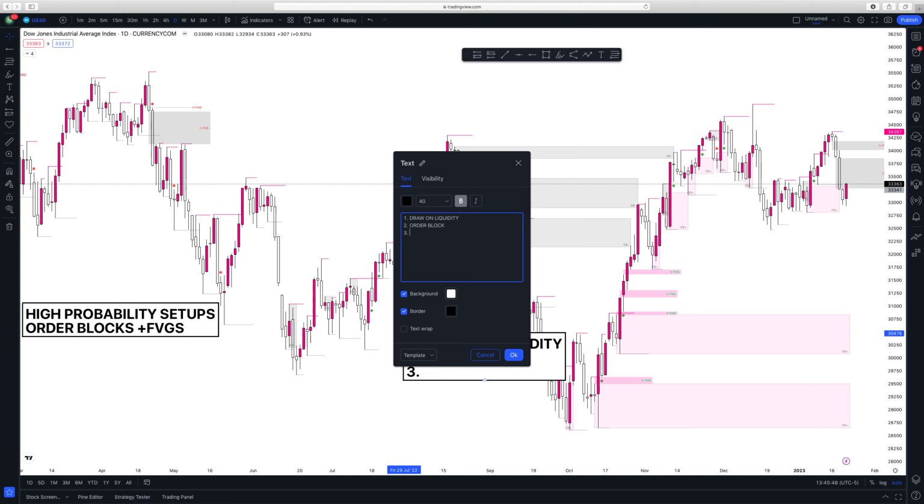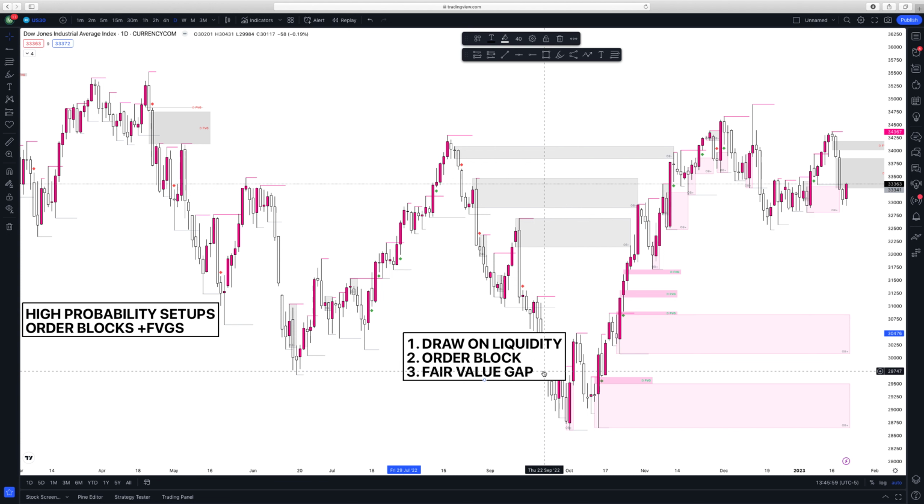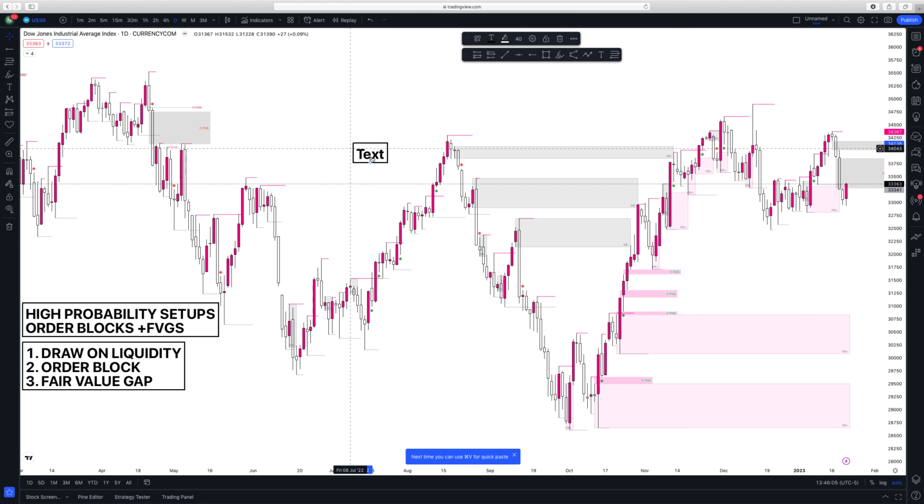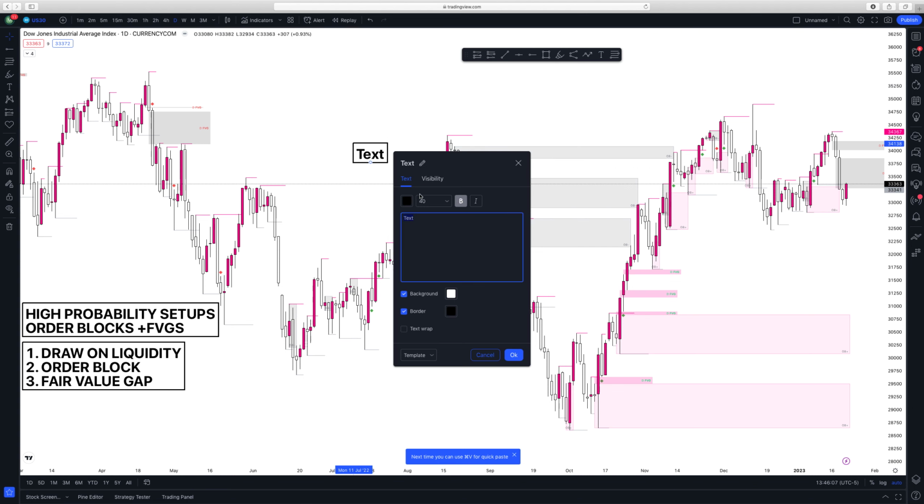And number three, you want to see that order block followed by a fair value gap. So those are the rules. Now, the way how you would go about sales, this will be your setup for a sell market. You want to, number one,